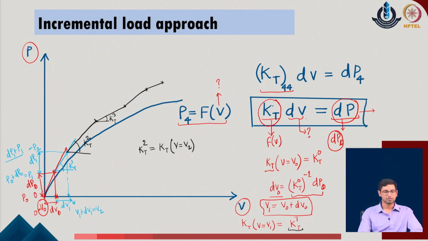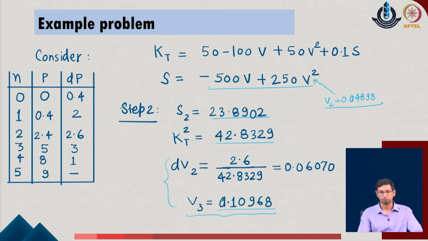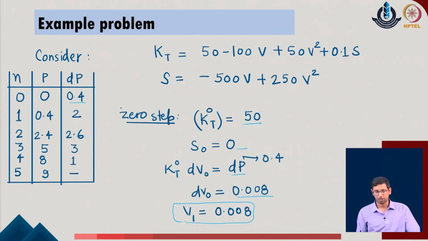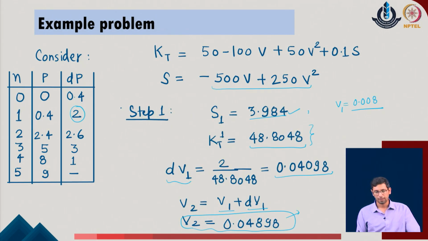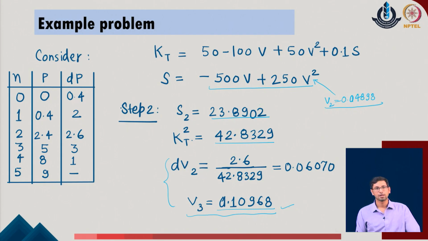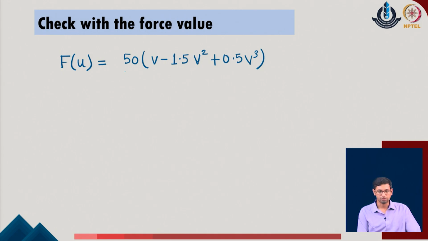Now, if I just substitute the individual values of the displacement which we just obtained, like the value of V1 which is 0.008, the value of V2 which is 0.4898, the value of V3 in the given system, then we can also substitute these values of V in the initial function which was located over here. Corresponding to this initial function, what we will realize is that if I substitute the value of V equal to the first value 0.008 in the given problem, it will give me the first function of the given system, say f1 in the given problem.